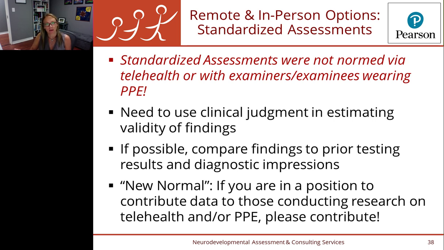So just document everything. And if you think you didn't get a valid estimate, document that. You can always say right now, it's just too hard to tell. Let's revisit this in a few months, hopefully, and under less restrictions. We can get into a whole discussion about this. I know that this is challenging, both for determining eligibility in school systems and for getting reimbursement from insurance companies.